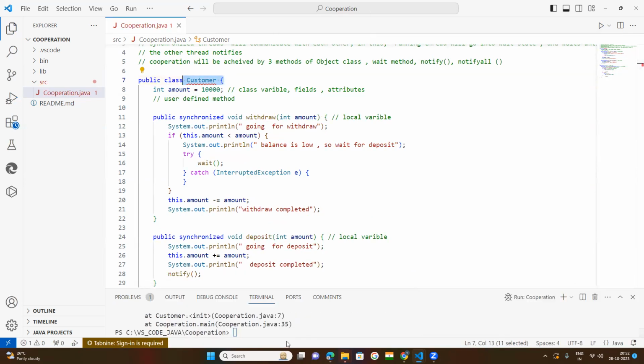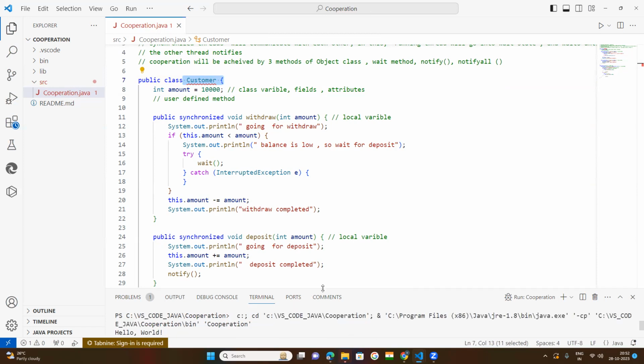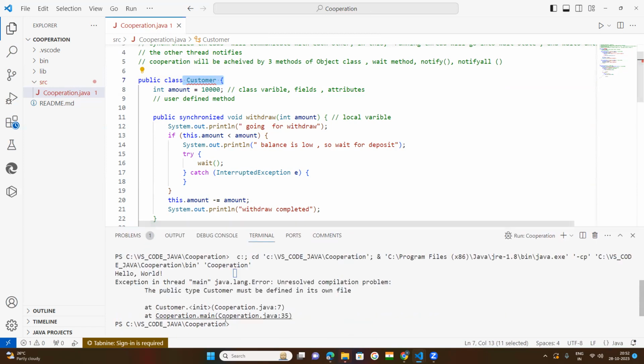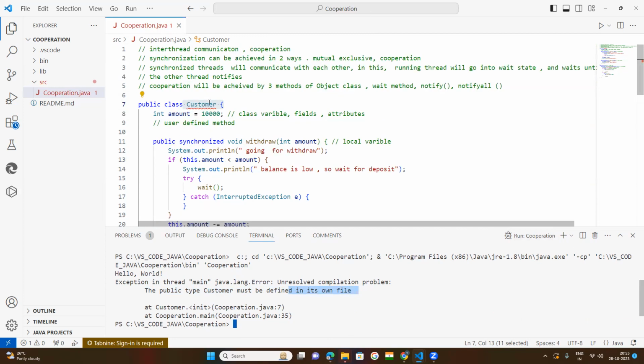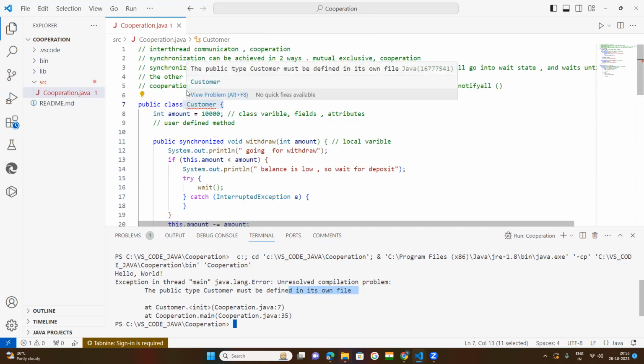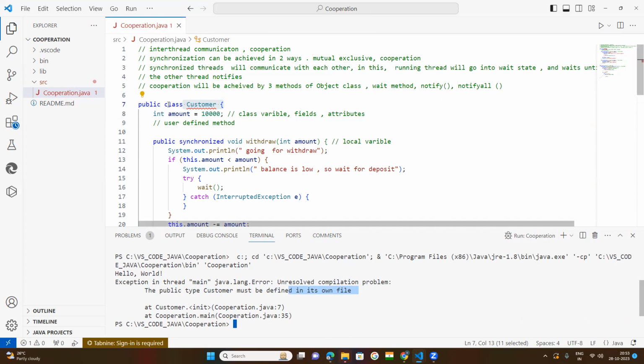Where is that error? This is the error: the public type Customer must be defined in its own file. This means your class Customer has to be defined in its own file. Own file means we need to create another file for this Customer class. Okay, that's why